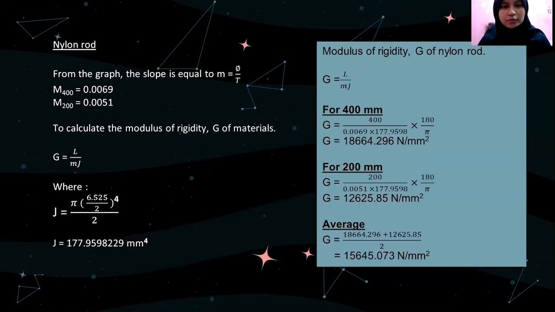And lastly is for the nylon rod. The gradient for 400 millimeter in length is equal to 0.0069, while 200 is equal to 0.00